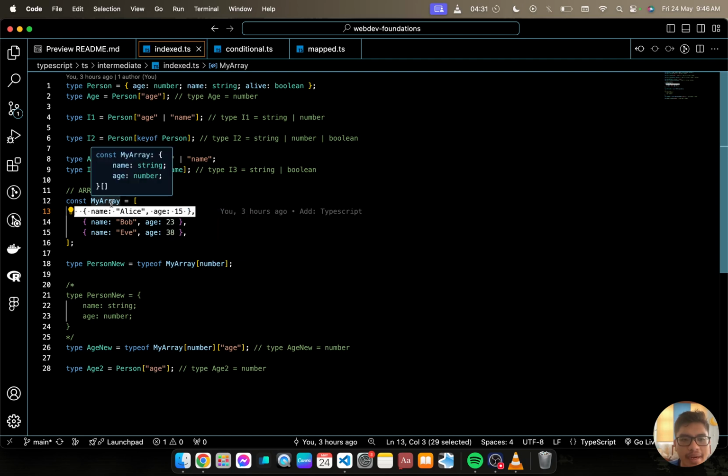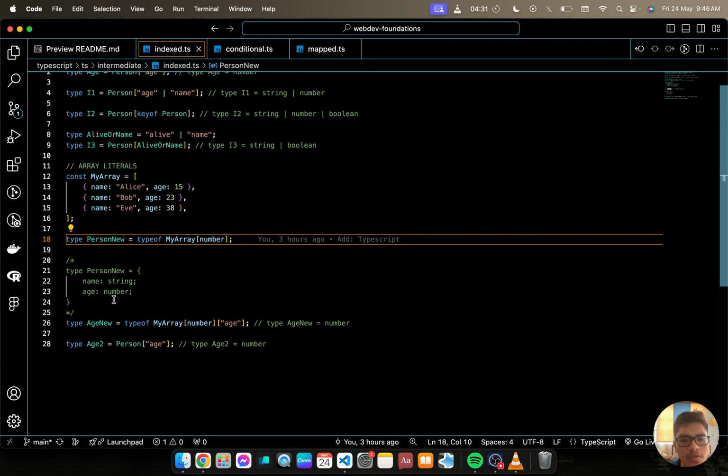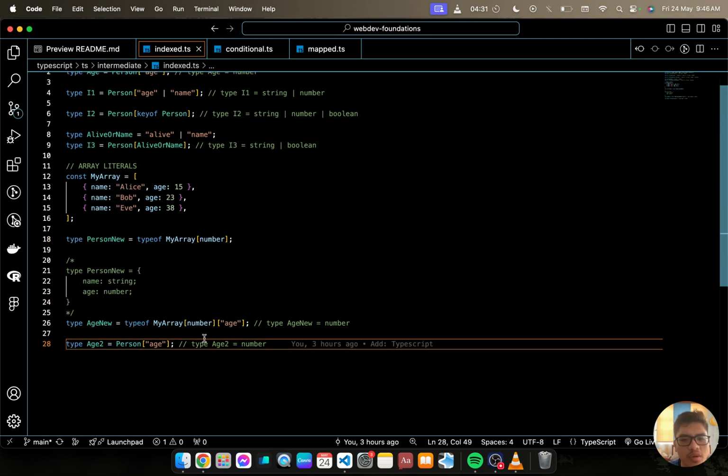As you can see here, myArray has a symbol notifying it's an array, while here in PersonNew, when we use typeof, we don't have the array symbol but only the object.